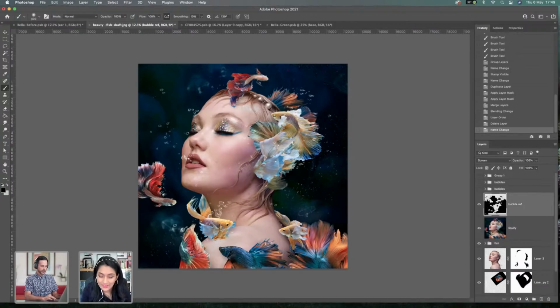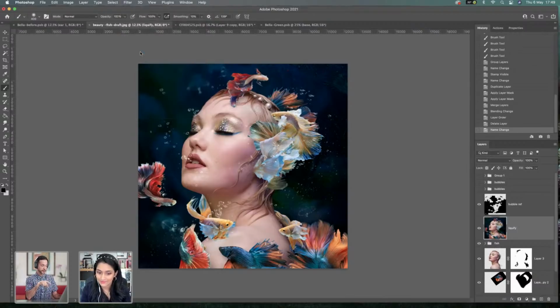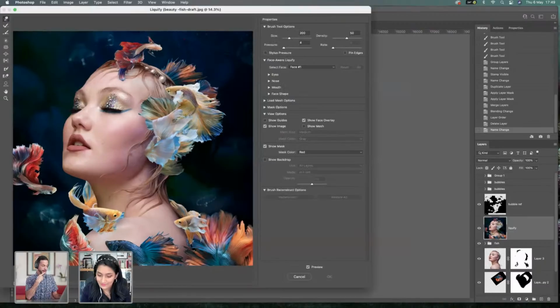Okay, so let's click on the Liquify layer. And then we'll go to Filter and then down to Liquify, because I think this is going to be super cool. There are a couple of features built into this Liquify tool that are going to make this great. So one thing, I don't know if you've done this ever, Bella, but you can actually show